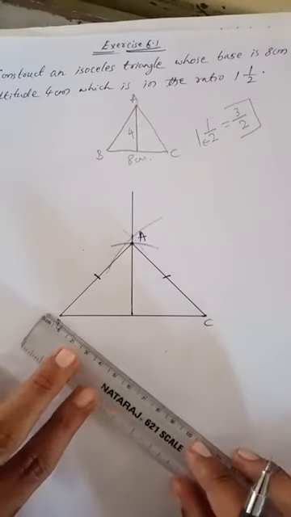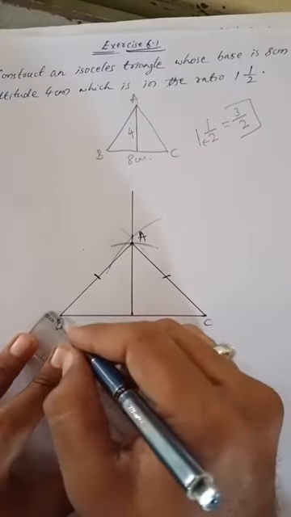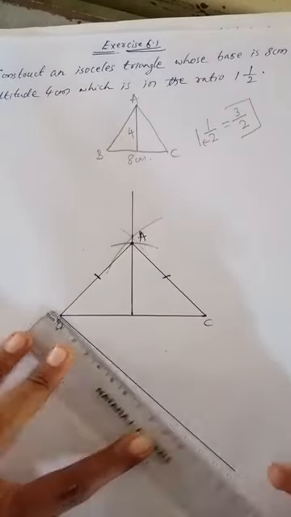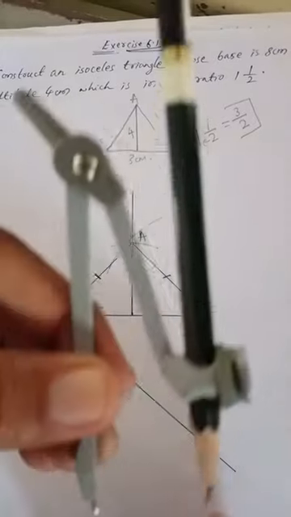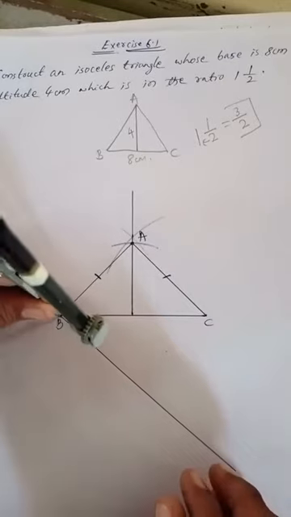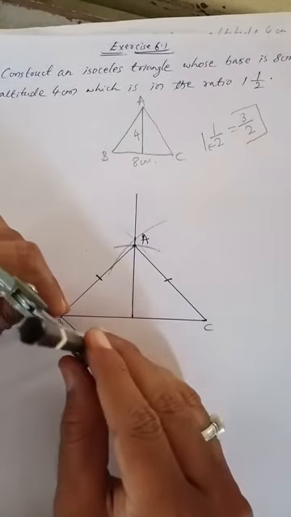An acute angle ray we must draw down from this, like this. I drew an acute angle ray. Now how many cuts do we have to make? It depends. Just have a look at the ratio 3 by 2, which has the highest 3. So we usually take 3 cuts using the compass properly. Just randomly take the distance. Don't take too broad, don't take too narrow.